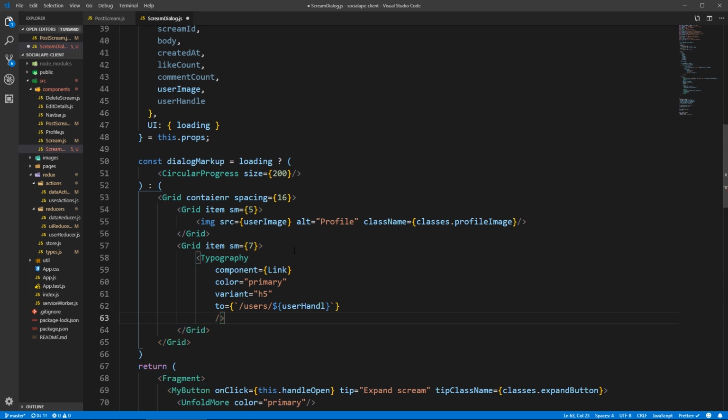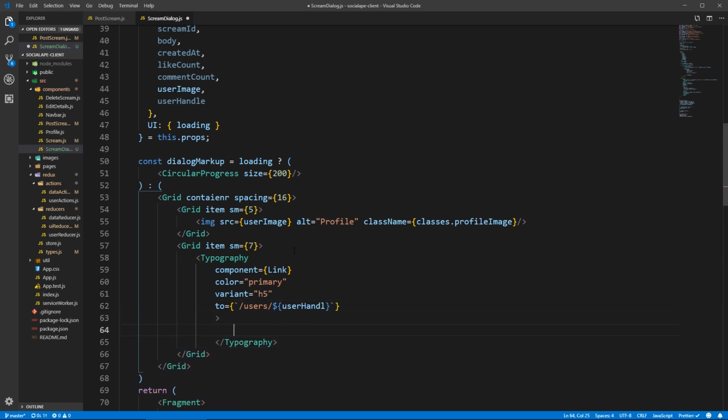And here, let's close the typography. Actually, no, let's close it like this because we need to write stuff inside of it. And here we say @ and then we concatenate the user handle. I misspelled user handle here like this. Cool. After the typography, we need to put a horizontal ruler, but I need to